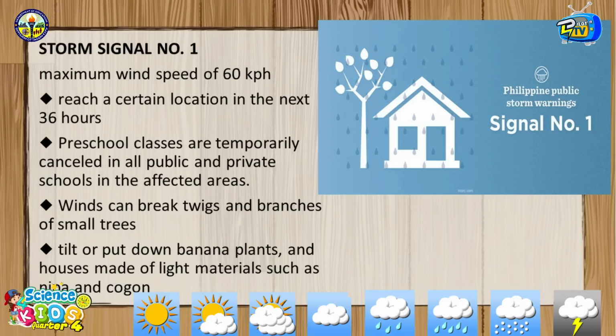Preschool classes are temporarily cancelled in all public and private schools in the affected areas. Winds can break twigs and branches of small trees, and tilt or put down banana plants and houses made of light materials such as nipa and kugon.